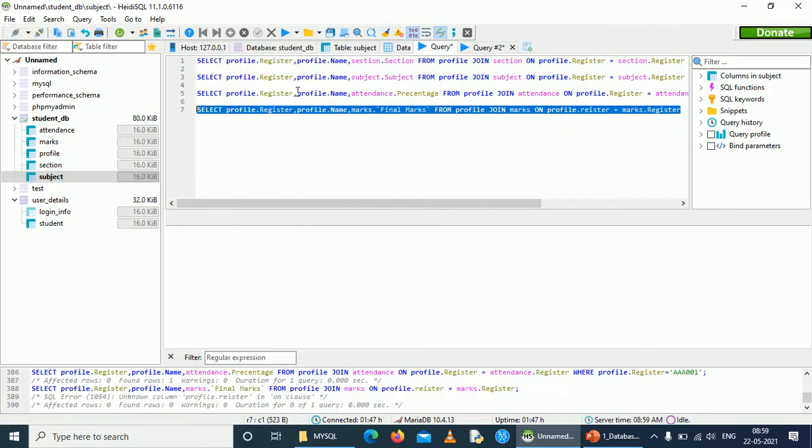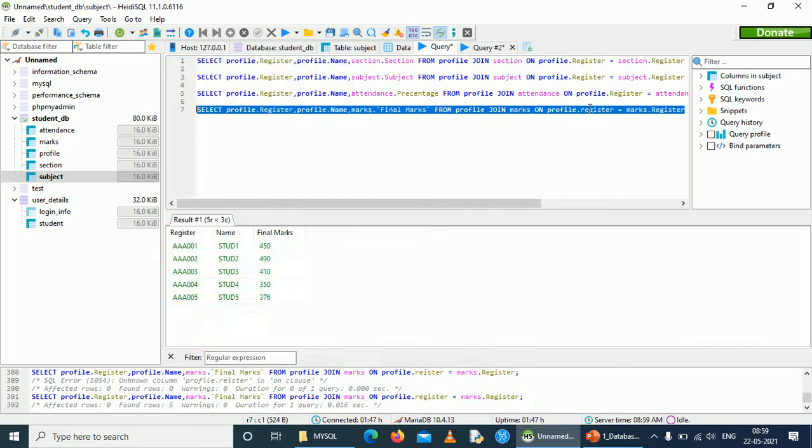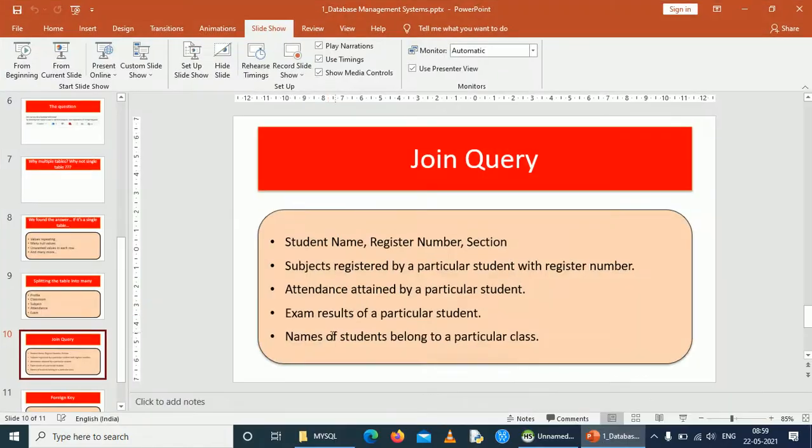So this will display all the marks, register number and profile name. So the register number and name, and marks. These two data are from the profile table and this data is from the marks table with respect to this register number. And then the final query, names of the students of a particular class.